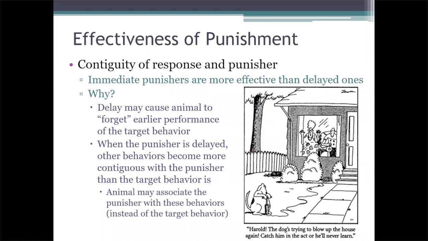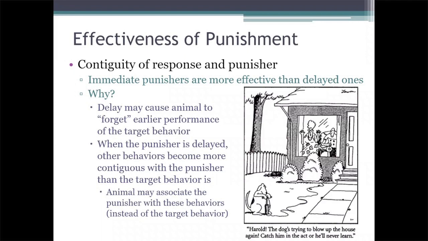And so, if too much time passes between when the dog pees and when you scold it or whatever, then it's not going to know why you're scolding it. And it'll probably think that it's being punished for whatever it just did right before you scolded it. You know what I mean? So, your dog might be like, okay, I promise, no more scratching myself. I won't do that anymore. So again, it might sort of think that it's this other behavior that actually caused the punisher to occur. And so it might be that other behavior that it actually learns to suppress.